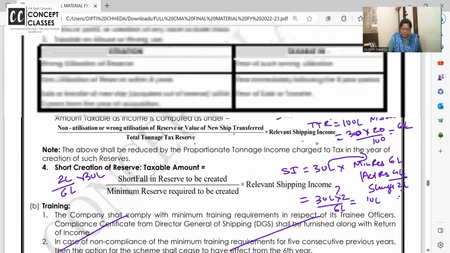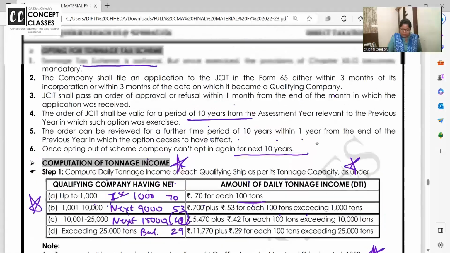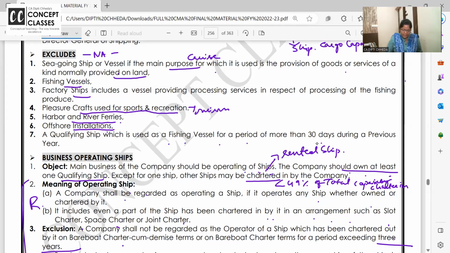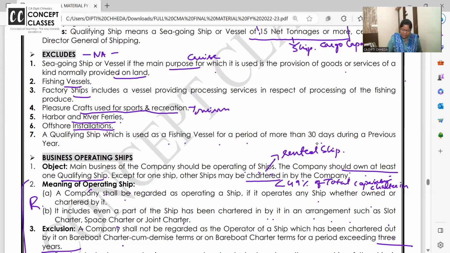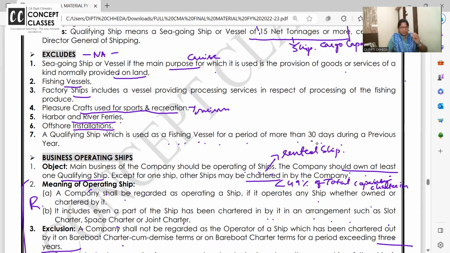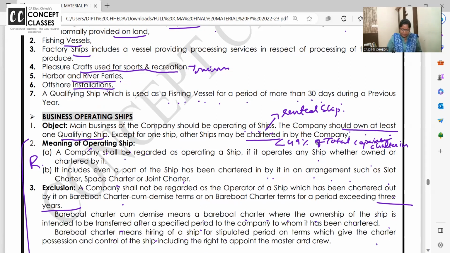Yes, this point is relevant here also. Come back please all of you. First page. Main business of the company should be operating ships. Company should have at least one qualifying ship of its own, except that others can be chartered in. And what is a qualifying ship? Which is used as a vessel for a period of more than 30 days during the year. पर खुद के भी होने चाहिए और रेंटेड भी ले सकते हैं हम. Okay,